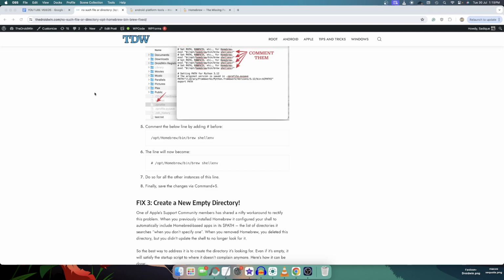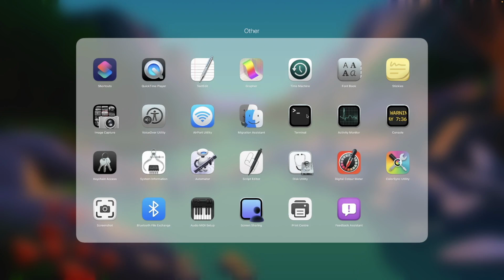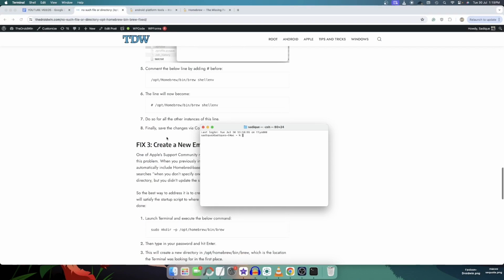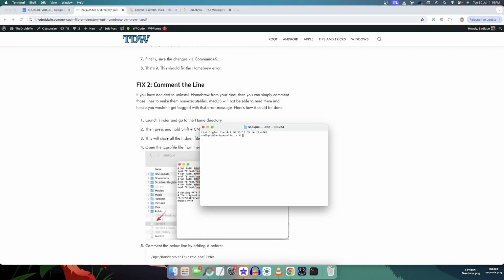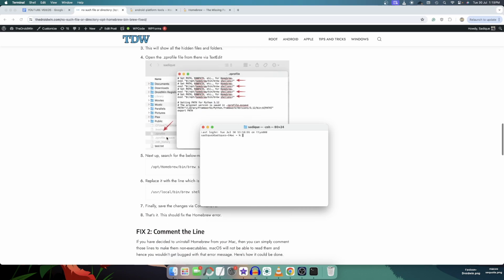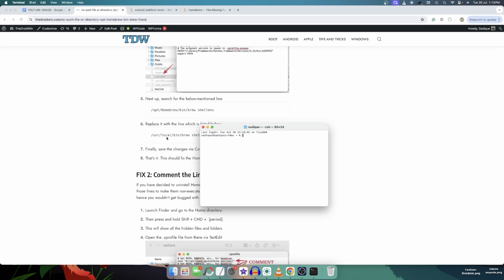So guys, I have just done a restart of my Mac. So let me now show you. If I now go to the Launchpad and open the terminal window, as you could see, I am no longer getting the error message. In my case, I have implemented both the first and second fix just to show you, but you will have to implement only one of the 3 fixes, no need to implement all the fixes. Moreover, in most cases, even a restart might not be required, but just to be on the safer side, I did a restart.